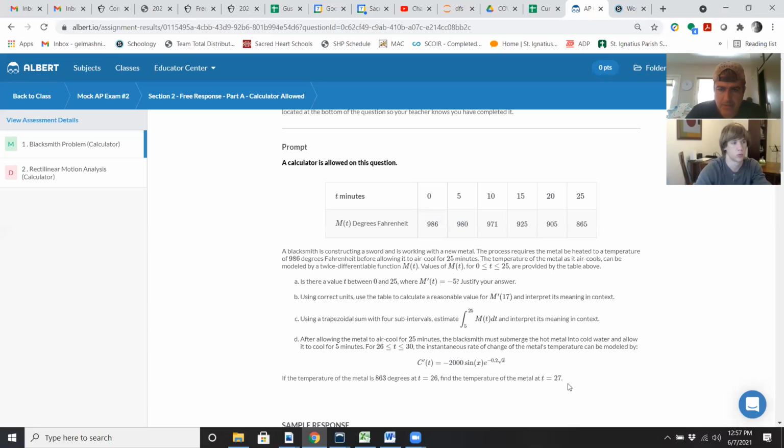I believe the answer is going to be yes, but here's what I would wind up doing. I believe it's going to be a mean value theorem problem, or it could be intermediate value theorem for derivatives. Not 100% sure, but if you do the average rate of change, we should know